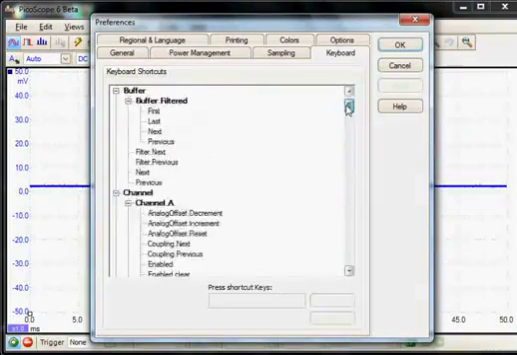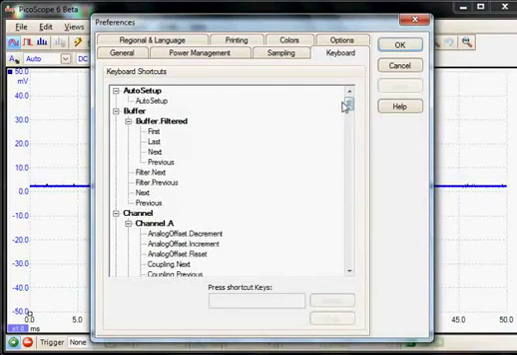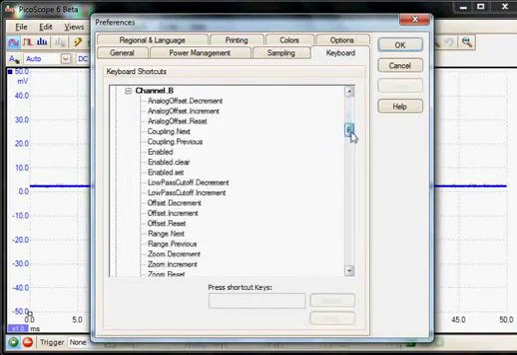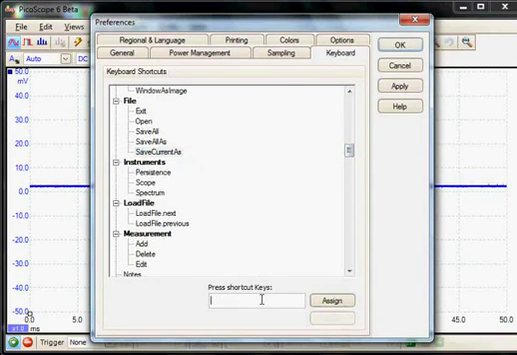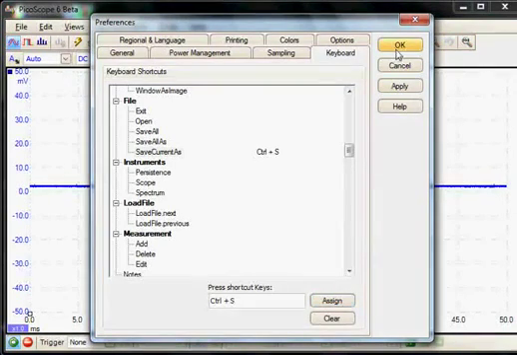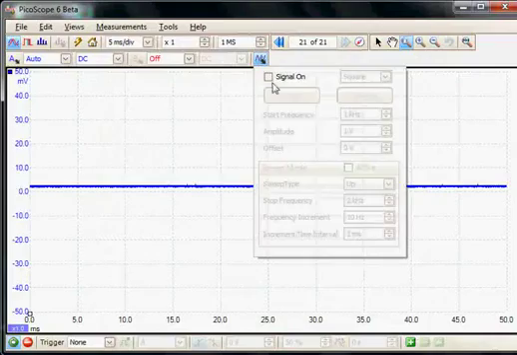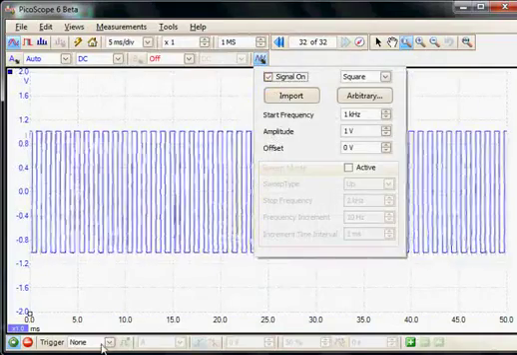We'll go through 2 or 3 of these. So we'll change the collection time, and we'll assign Control N for the next collection time, and Control B for the previous collection time, as it's next to N, and we'll choose Save the current waveform as with Control S. Click on OK, and if we apply the signal generator and do an auto trigger,